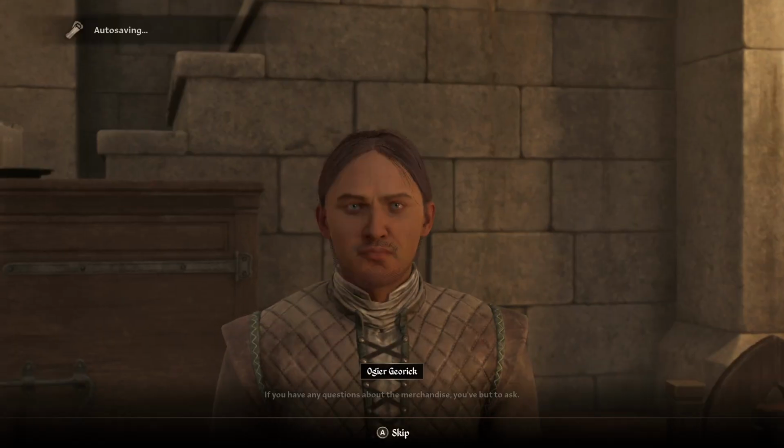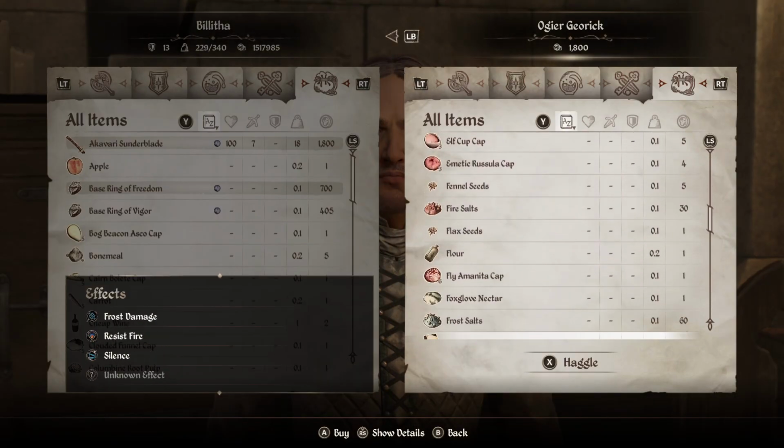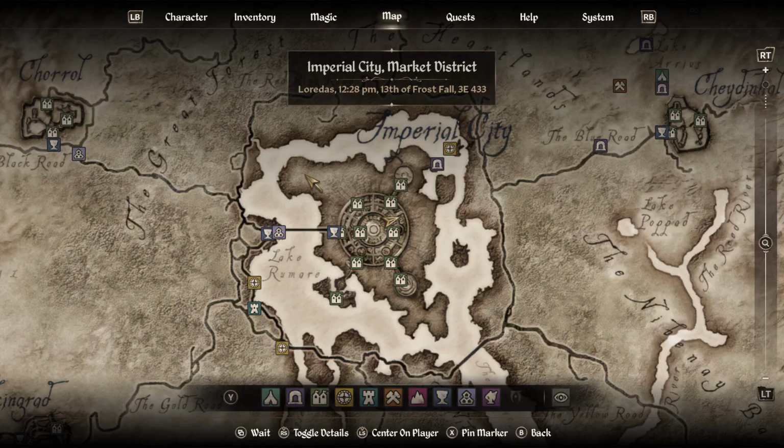In here, if we go to the counter, we speak to the person, we go to bartering. If we scroll down, you'll see here, you're going to be able to buy a novice mortar and pestle. They're 25 coins. So get yourself one of those, and you can buy ingredients off any of the merchants if you want to. But if you don't want to buy ingredients, you want to save your gold, then